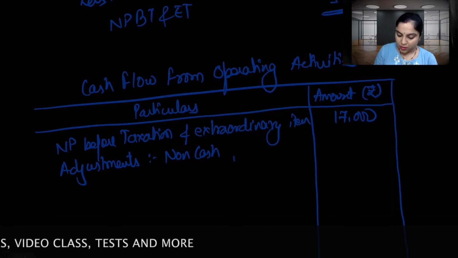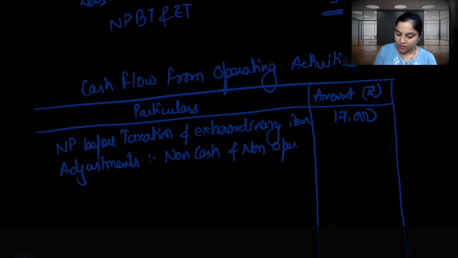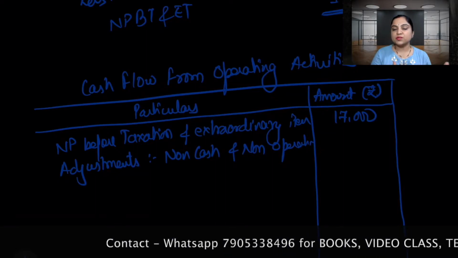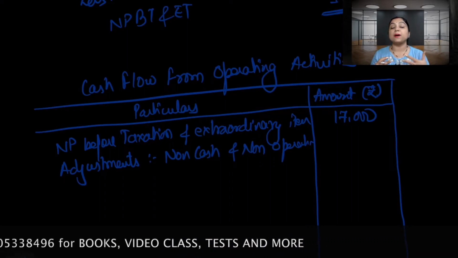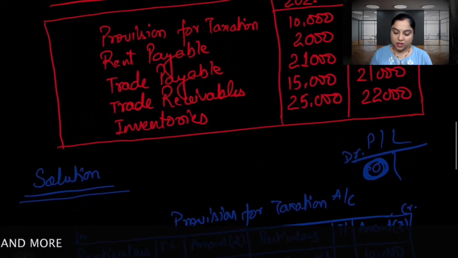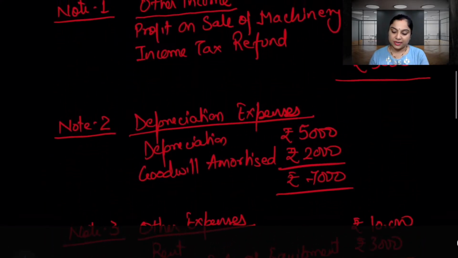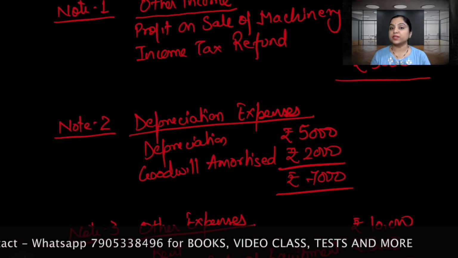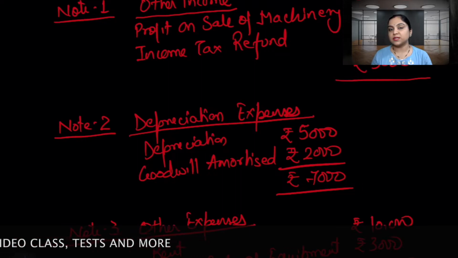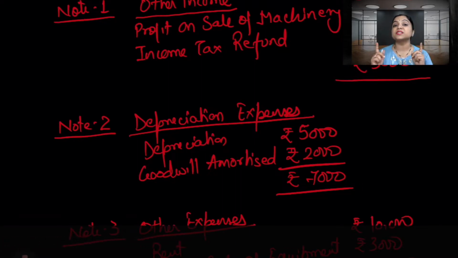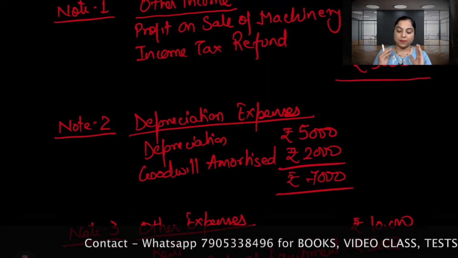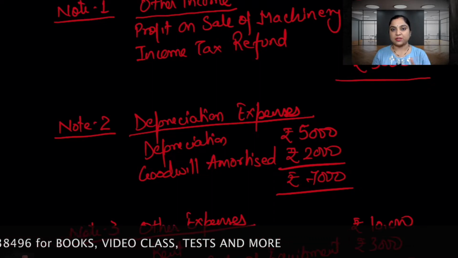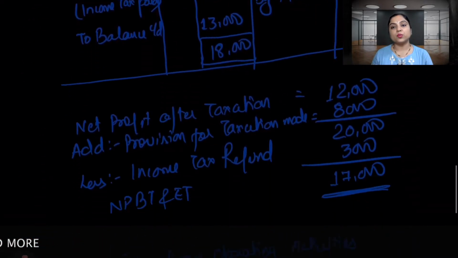Adjustment of non-cash and non-operating item. Okay, so we are going to adjust those things which are not related to the cash, and they are not actually the part of operating, meaning the general activities. So first of all, definitely everybody gets it that depreciation has nothing to do with cash flow, it's merely a book adjustment. Similarly with the goodwill amortized, that means why we use the word amortized with the goodwill, because it's an intangible asset. So goodwill amortized has nothing to do with the cash inflow or the outflow. If I'm saying the cash, that means cash and bank balance. Okay, so depreciation 5,000 and goodwill is 2,000.